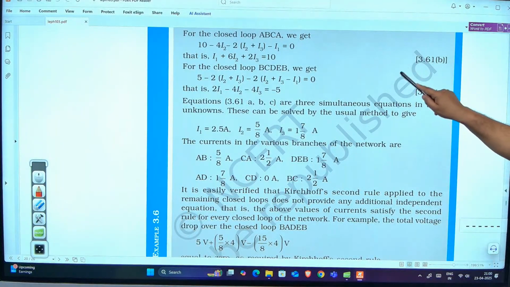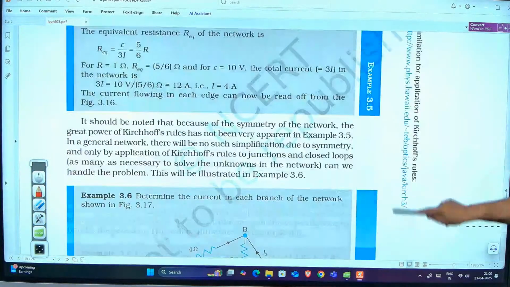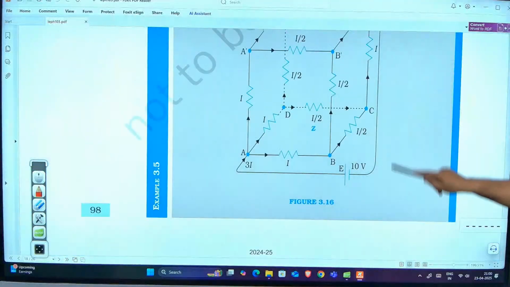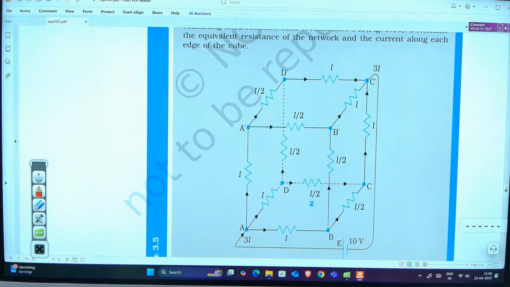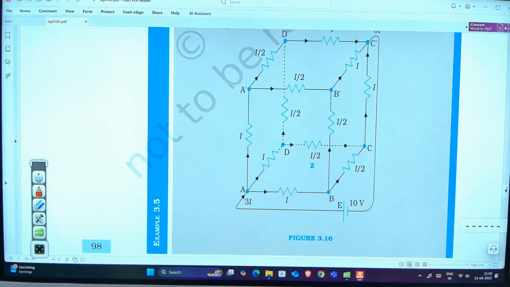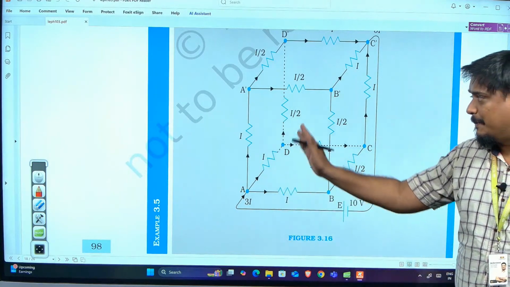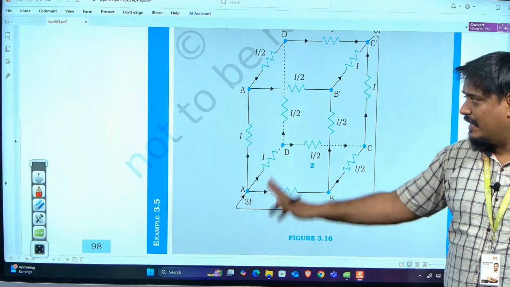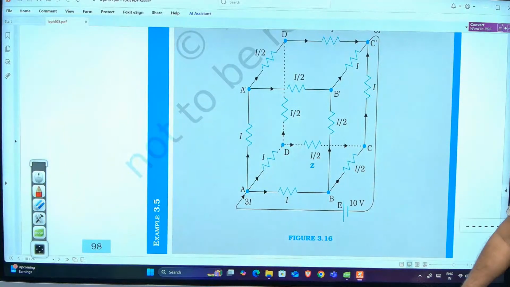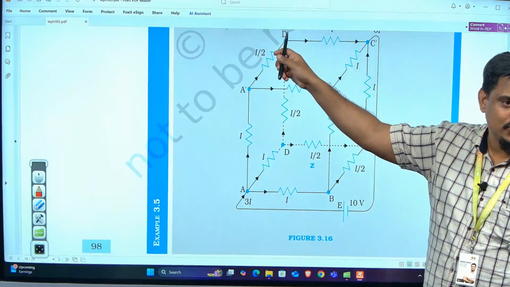Now I'll tell one thing before I close, the last 2 minutes, I'll close the class. Before that, one small question. I told you in the beginning today that by today's class, this will look simple to you. Again, this question looks very complex. So many resistances are there. But there is one logic behind this. See, current 3I is coming inside. It will have 3 paths. Then in this path, there are 2 options, so it will divide equally.